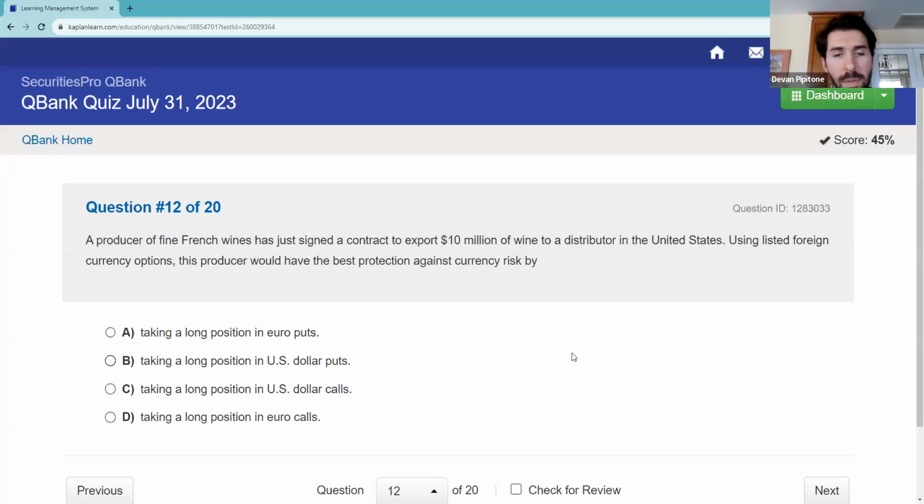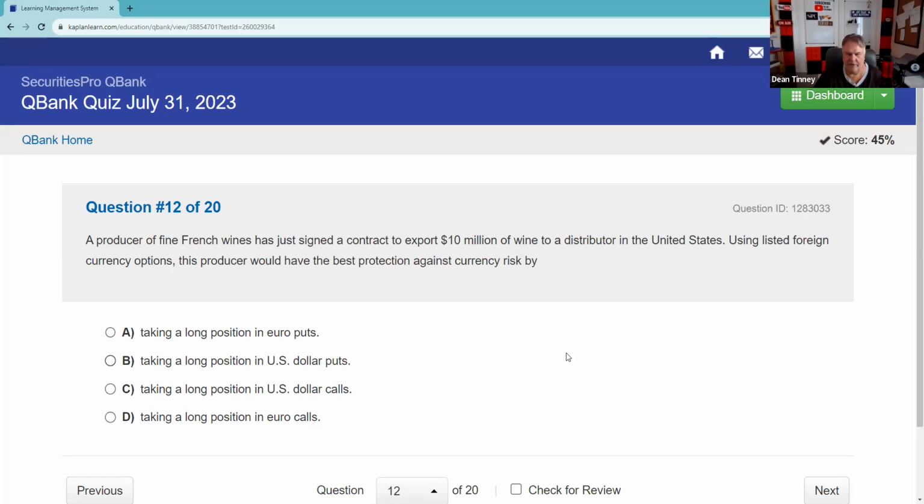A producer of fine French wines has signed a contract to export 10 million of wine to a distributor in the United States. Now, I kind of like this one, and we've got to be a little careful here. Using listed foreign currency options, this producer would have the best protection against currency risk if